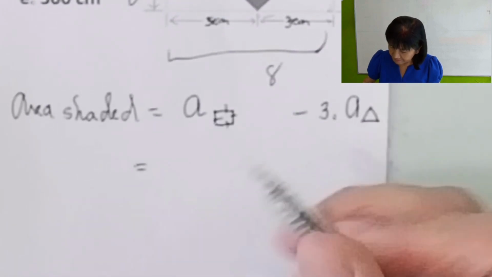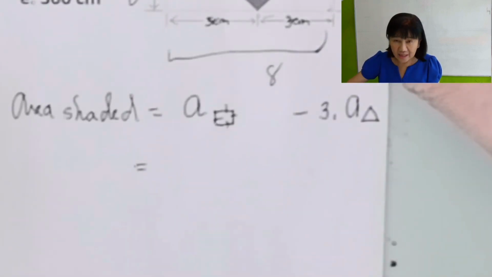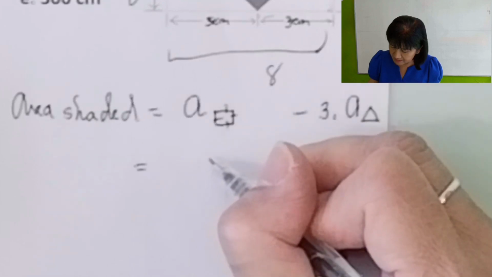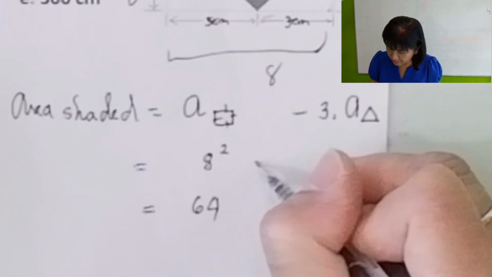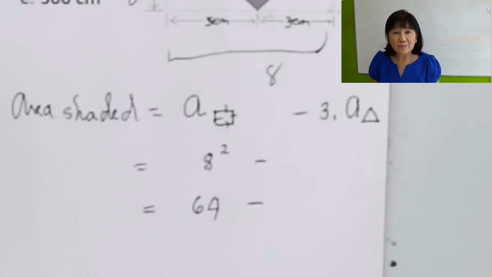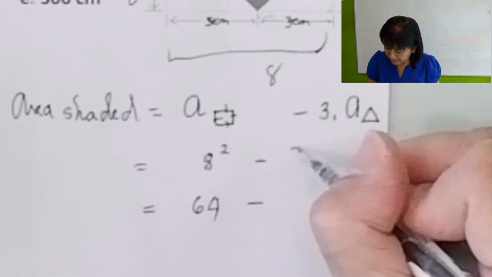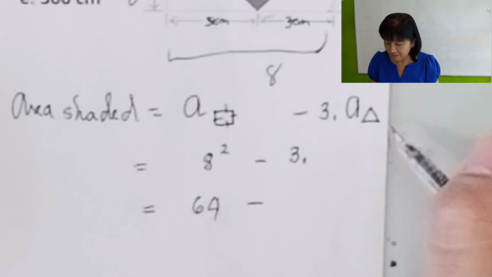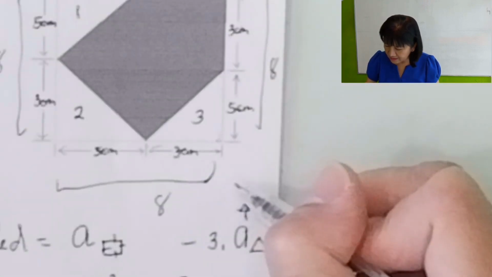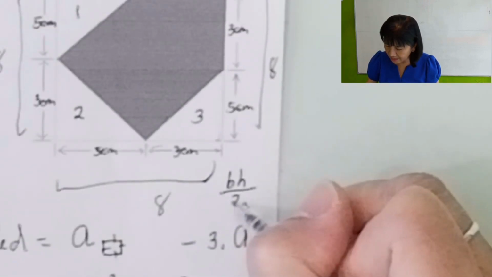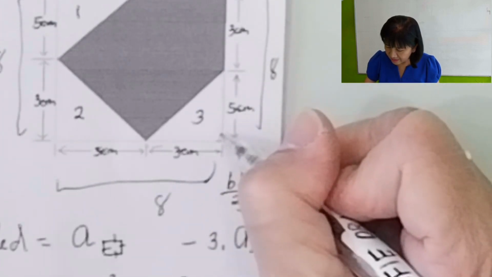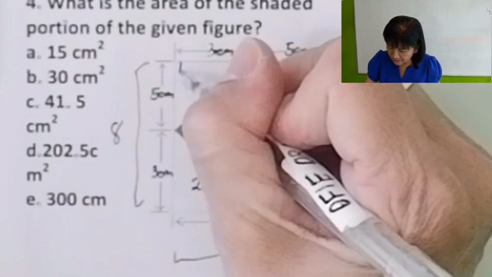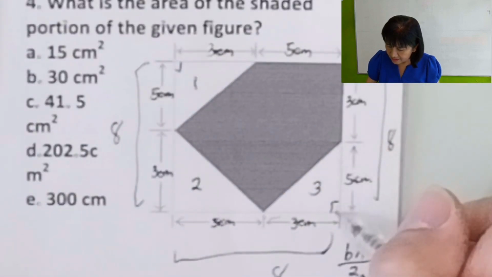There. The side of the square is 8 there. Therefore, its area is side squared, or 64 square centimeters, minus 3 times the area of a triangle. Remember, a triangle has area base times height divided by 2. So here, since it is a right triangle, your base and height can be,